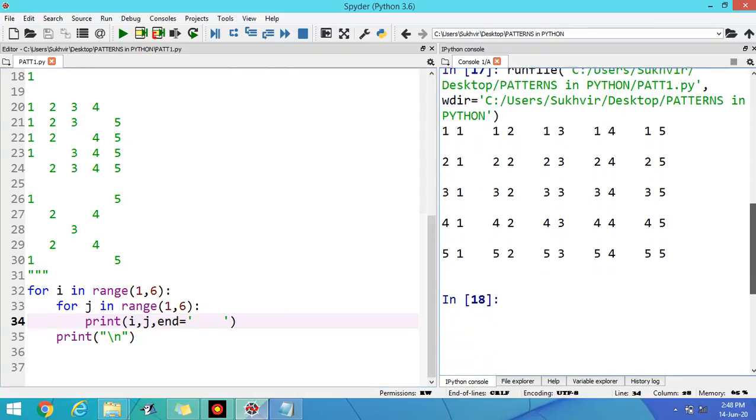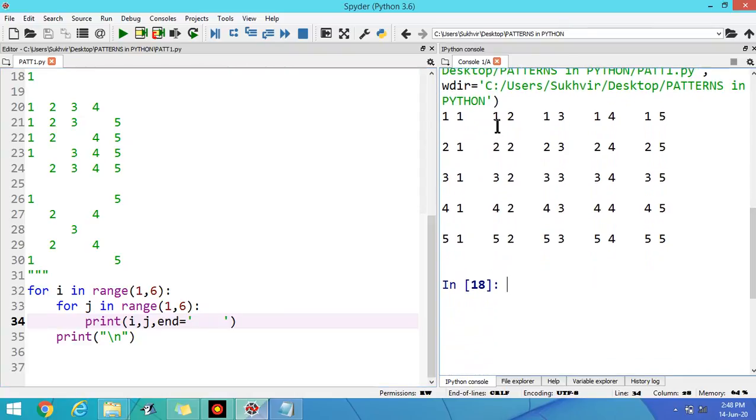This one is the first value, then second, third, fourth, fifth, and this is the first value in the second row, then third row, fourth row, fifth row. This is the first column, then second column, third column, fourth column, and fifth column. This is the first row, second row, third row, fourth row, and fifth row. I have already explained these contents. But as far as today's patterns are concerned, these patterns are purely dependent upon this concept.